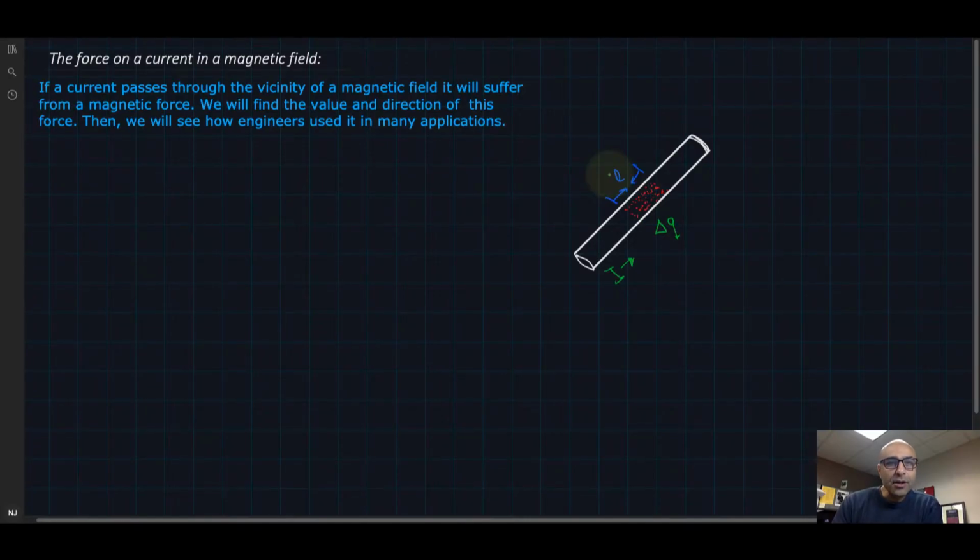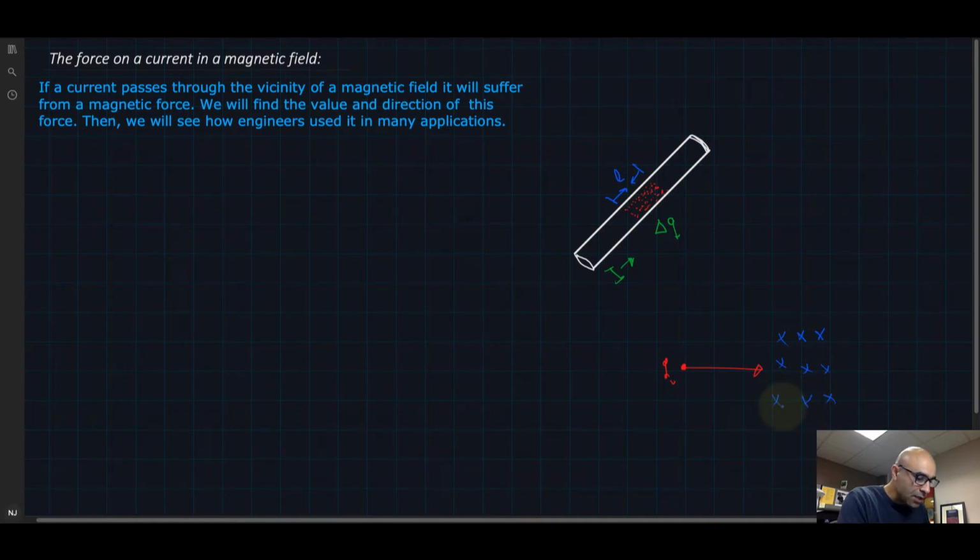Hi there, everyone. Today we will learn about how a current, when it passes through the vicinity of a magnetic field, feels a force of that magnetic field. We learned a little while ago that if there is a positive charge traveling to the right, and it encounters a magnetic field going into the page,